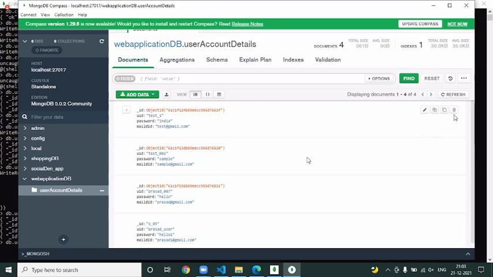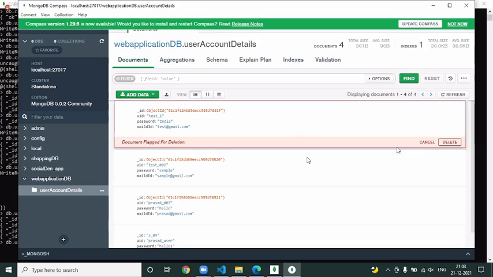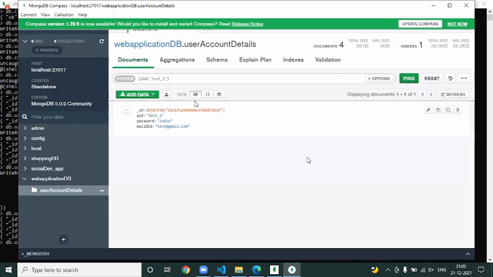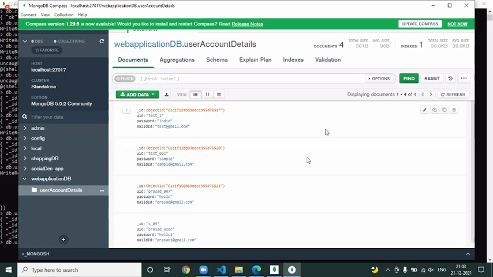If you want to delete it, you simply click on delete. It will ask for confirmation. You can click on delete. Obviously, the record will be deleted. If you want to find something, you can simply say find here, where UID equal to test_1. Now, if you click on find, you will only find that record. So here you are able to use the .find method indirectly. On the top, editing is there.